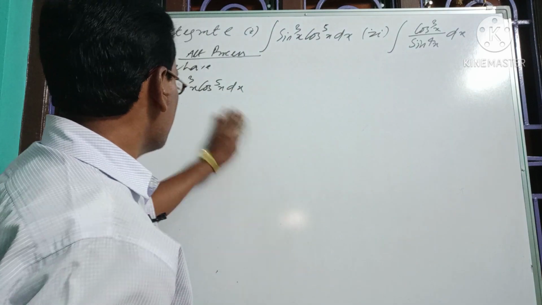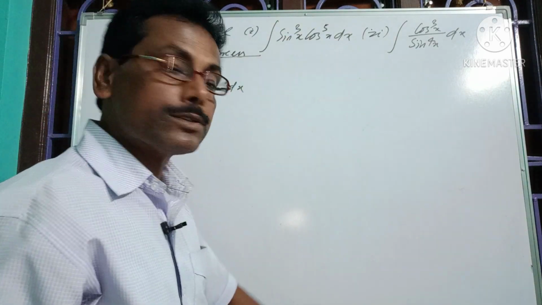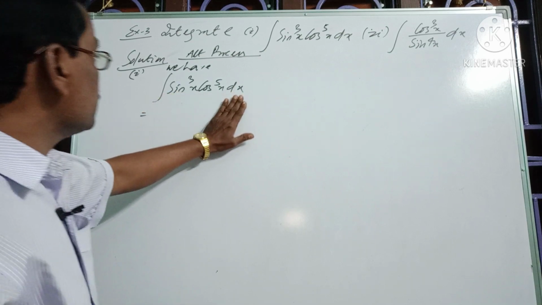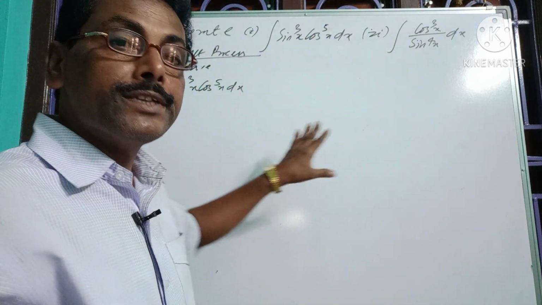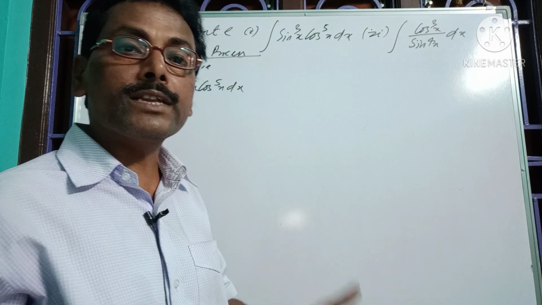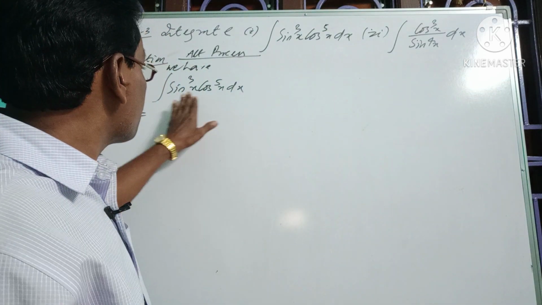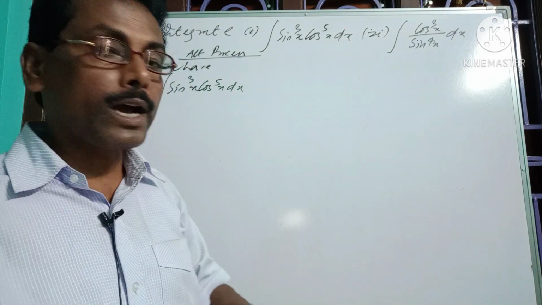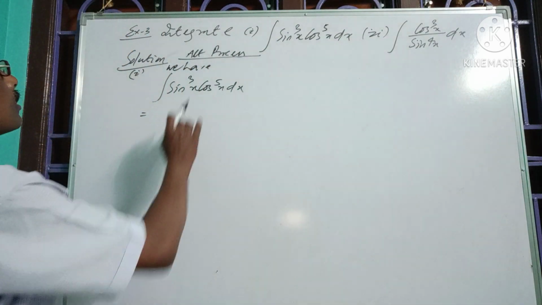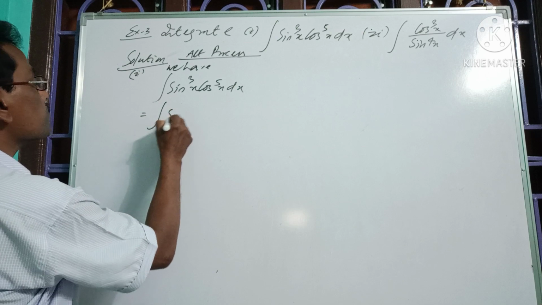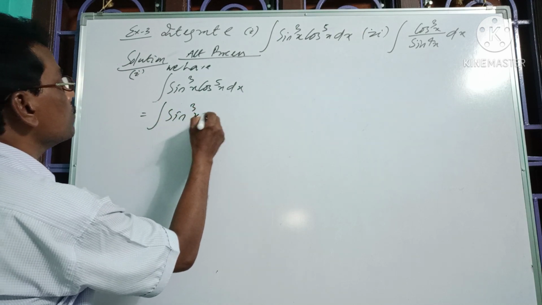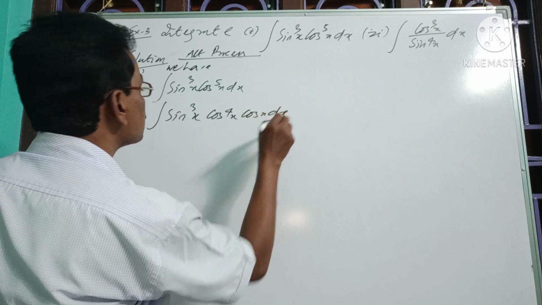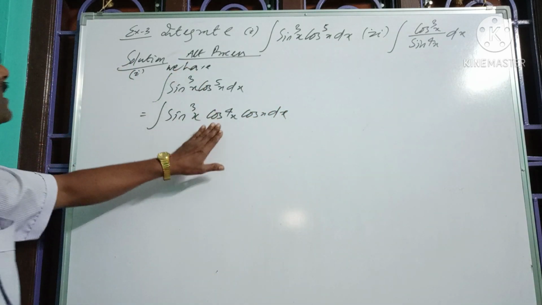So now let us try to break cos to the power 5 x, because the same integrand contains sin x and cos x, where both contain higher powers of sine and cosine functions along with the odd power. So we can break either sin x or cos x. So now breaking cos x, we have integration of sin to the power 3 x into cos to the power 4 x into cos x dx. Now cos to the power 4 x contains an even power.